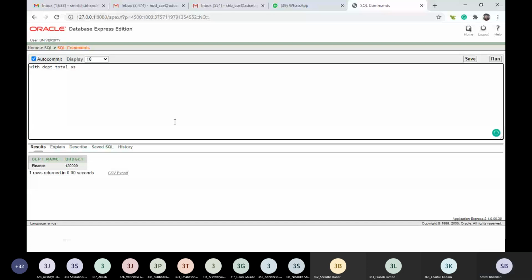So with department total as, I have the first relation: select department name, comma, sum of salary, rename it as value, from instructor, group by department name.